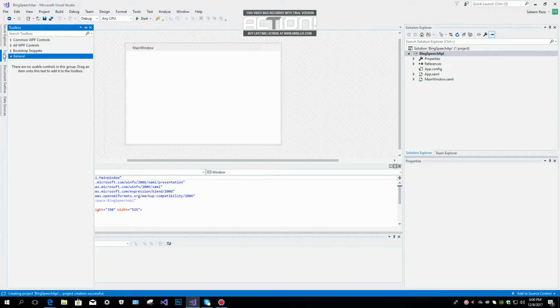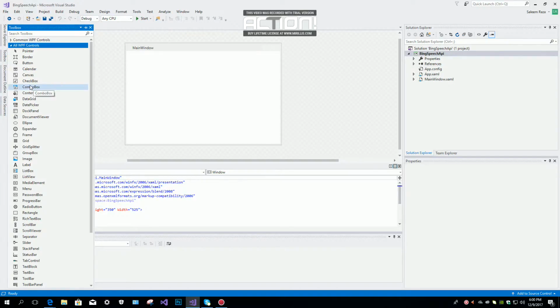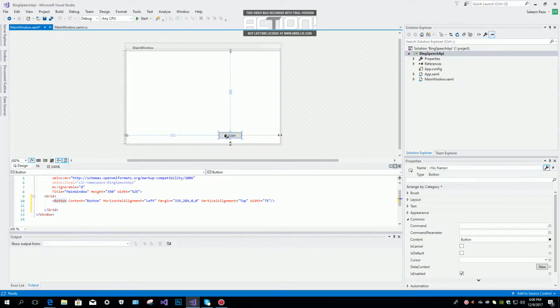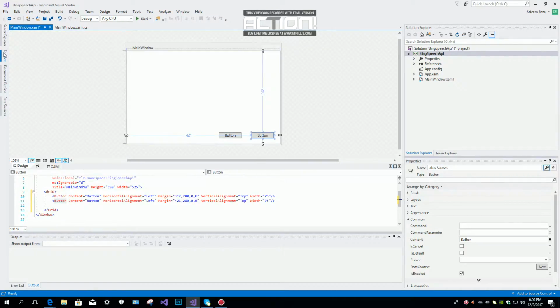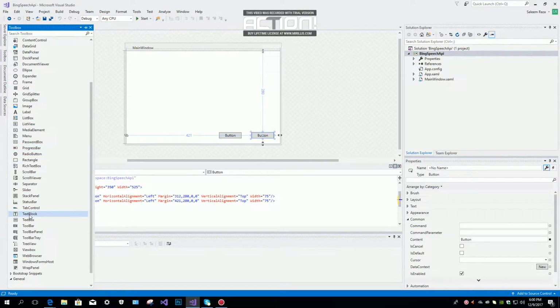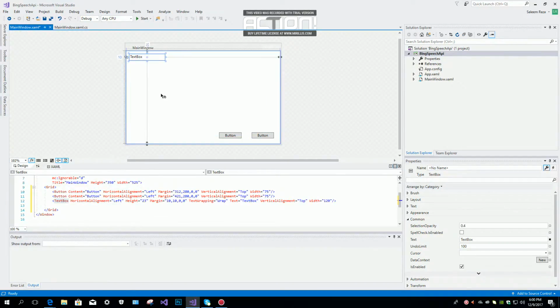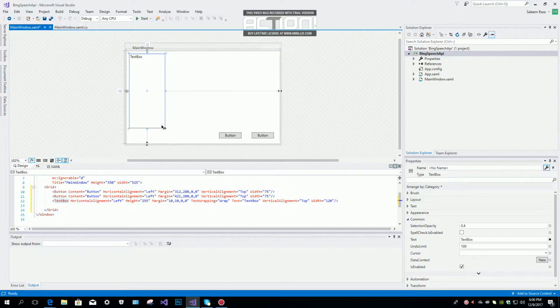Now click on the tool panel and under all WPF components, add two buttons, one and another one. We need two buttons and then one text box, and resize your text box